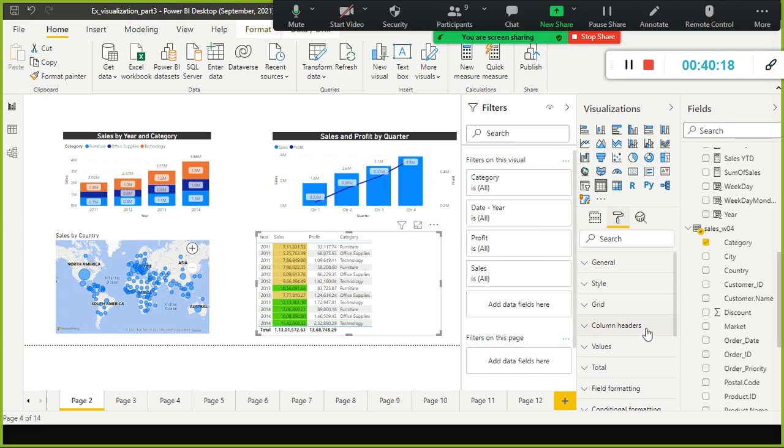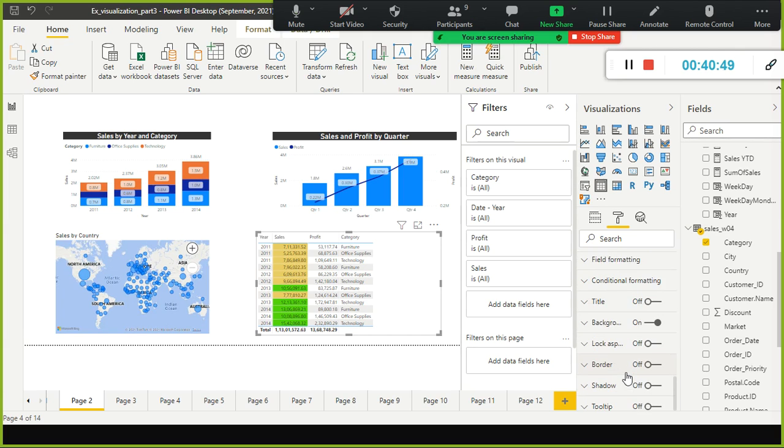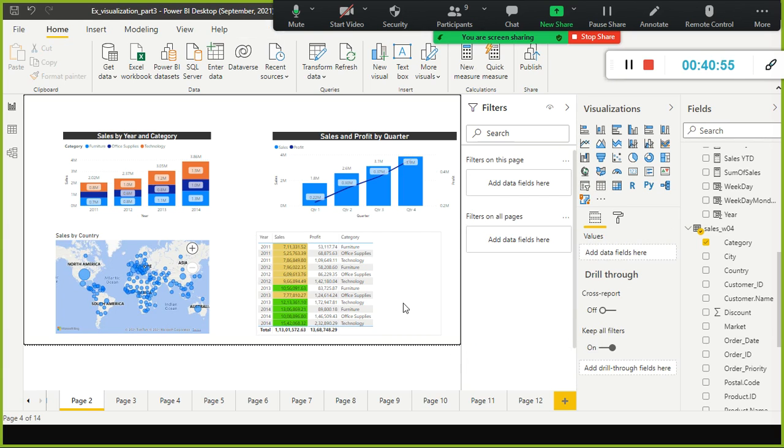Next one is the column headers, font color, background color, all the things you can do. These are the common things. You can also do field formatting. Whatever you cannot do, where you need my help, I will focus on now. Totals on, and column headers, grid. Yeah, you can use grid also, vertical grid. You can use some kind of line here, okay, and that kind of thing you can do. Yeah, that's it. So this is the whole thing.